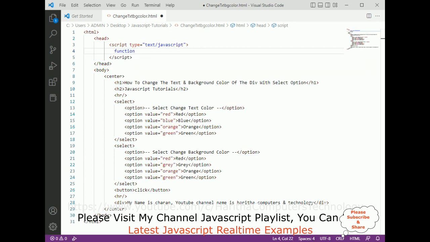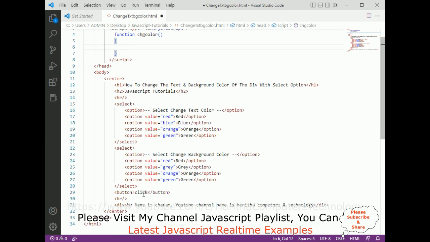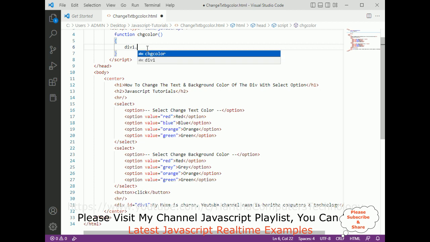Give some proper name for the function, like change color. And here now the logic: I want to change the div color, so I'm adding the ID. With the help of ID, div1, with the help of this ID,